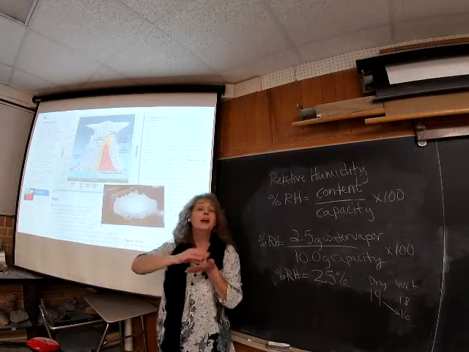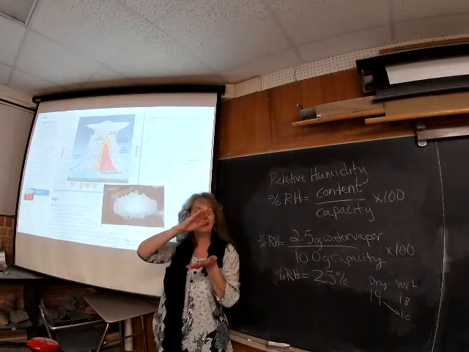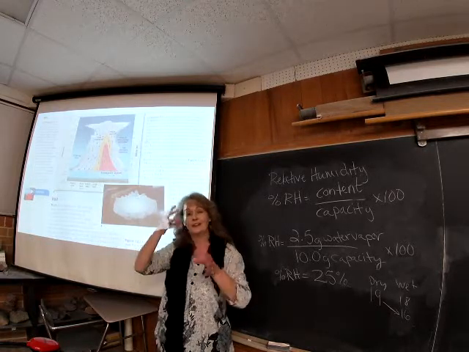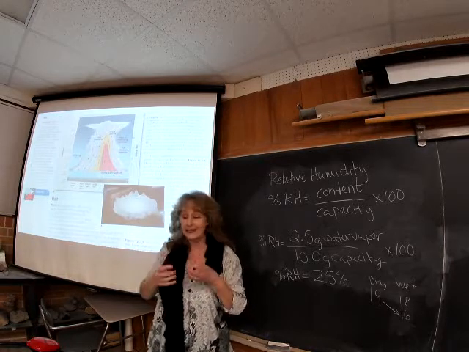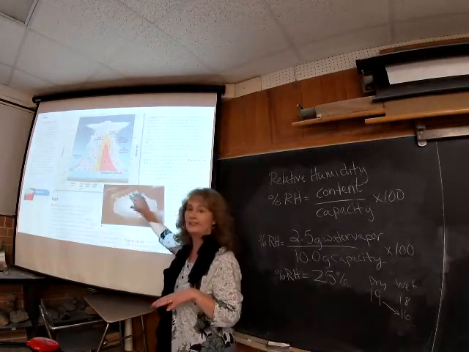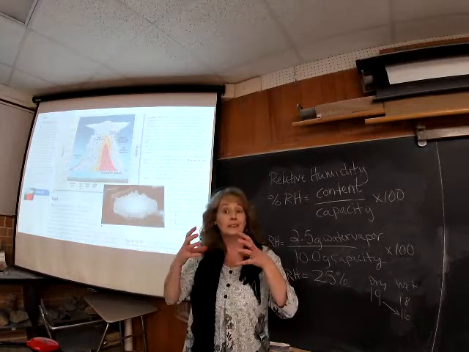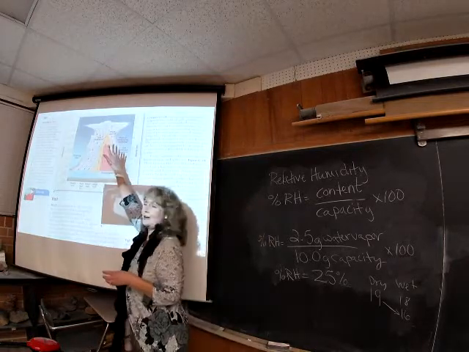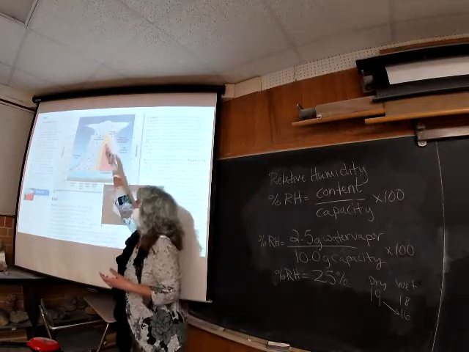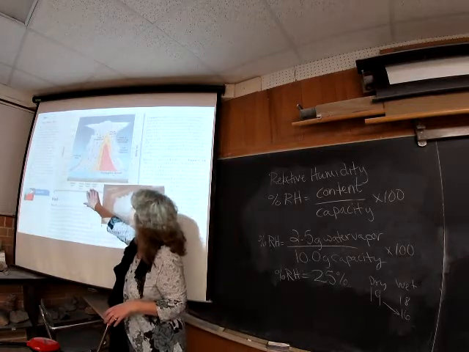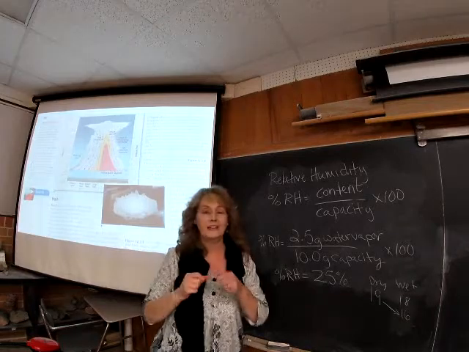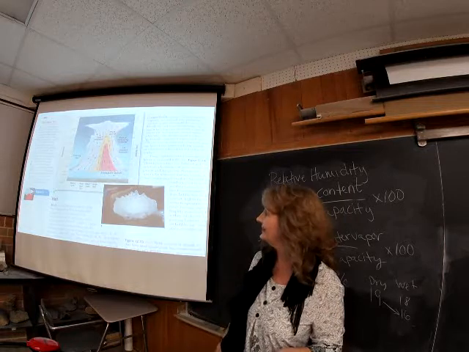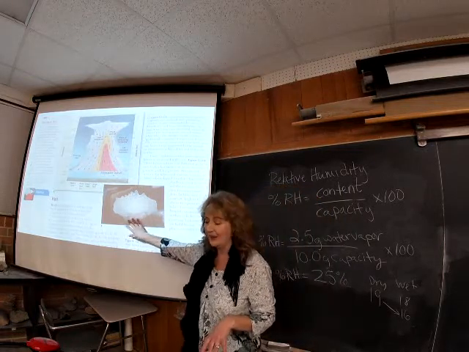You get the warmer water, you bounce back up and you freeze, you come back down, get another layer of water on there, back up and freeze, and back and forth and back and forth. They're getting jostled all around, the hail is. And so you get layer after layer after layer of rings of ice that are forming, to the point that it gets so heavy that that updraft can no longer support it, and then it falls down. You get some large hail, small hail in there, the heavy rain kind of thing. With that downdraft, it becomes so heavy it can't be supported in the updraft any longer, and you can get the hail out of that.